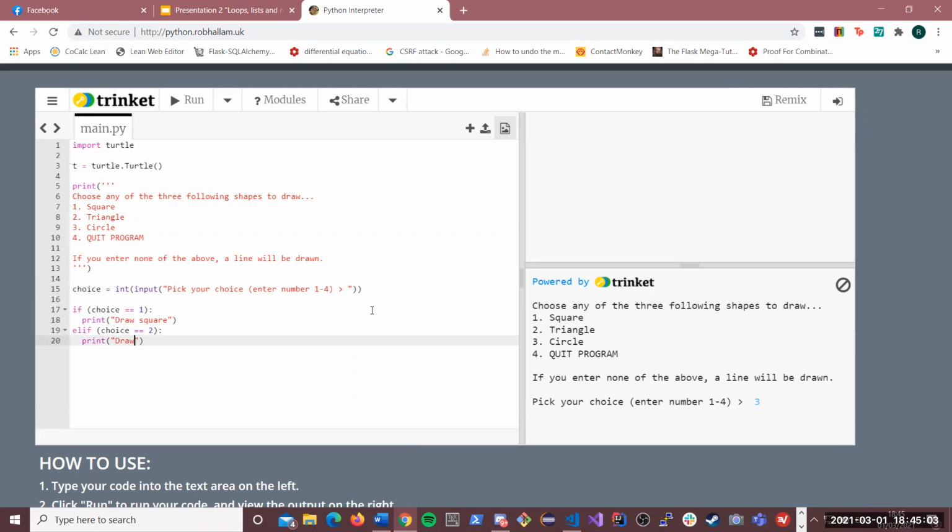Print draw, what do we say, triangle. And elif choice equals 3, you want to print draw circle, otherwise else. They're just multiple options, and in the other case we want to draw a line. And you might notice that I'm leaving out option 4 here,